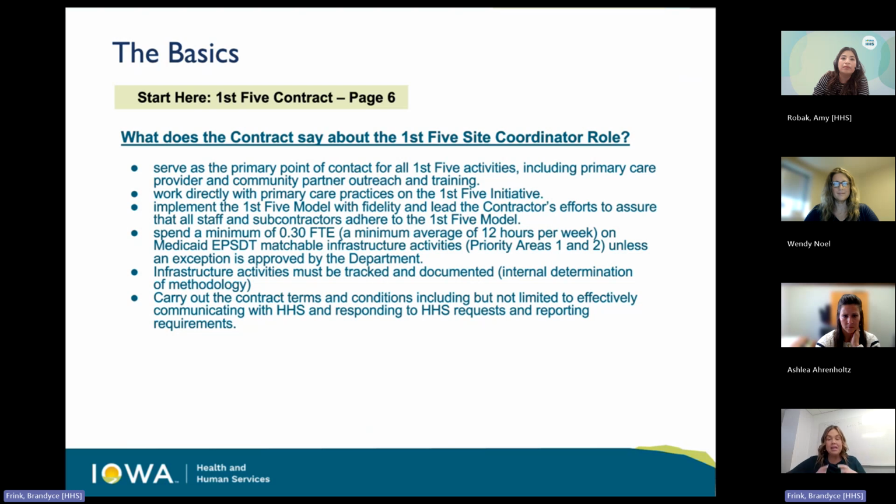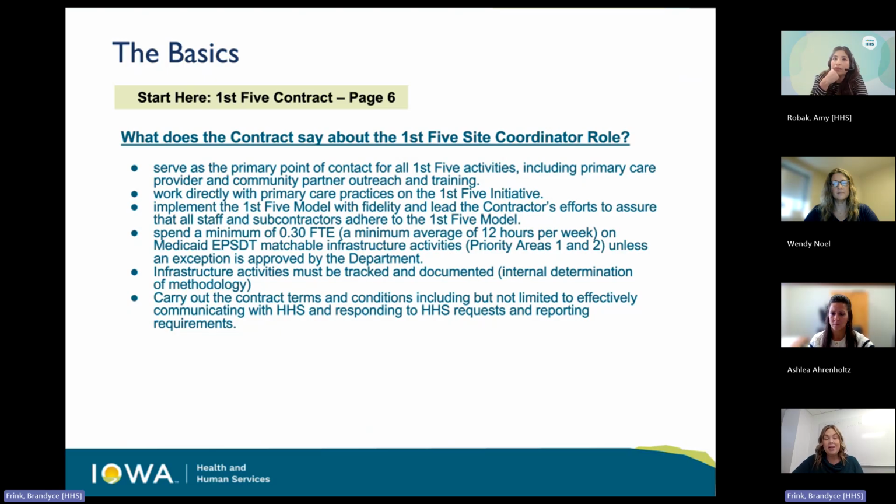It makes sense that you are that connection point for ensuring that the model is being implemented with fidelity, because you guys are the ones that are building those relationships. You're building them in the community, you're building them with your DSS internally, you're building those relationships with your primary care partners. So you guys are really the leader,